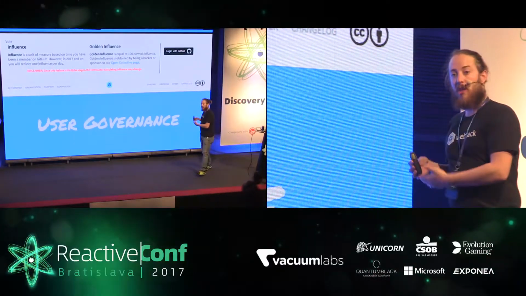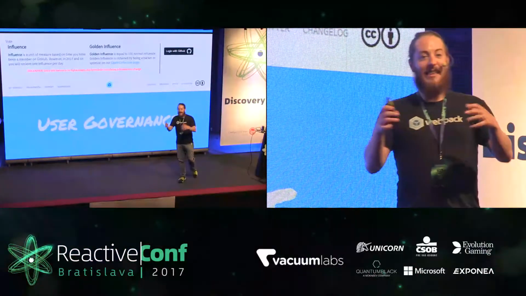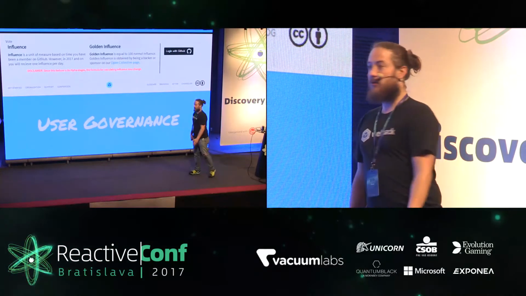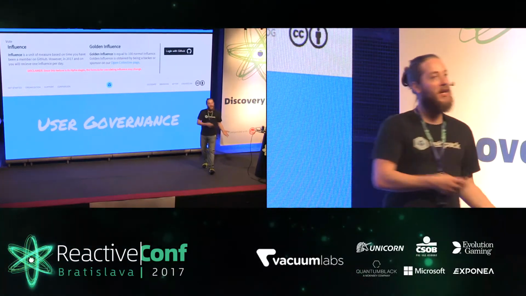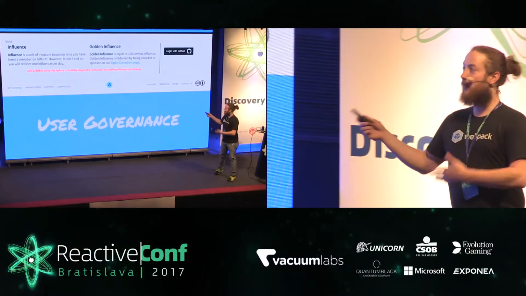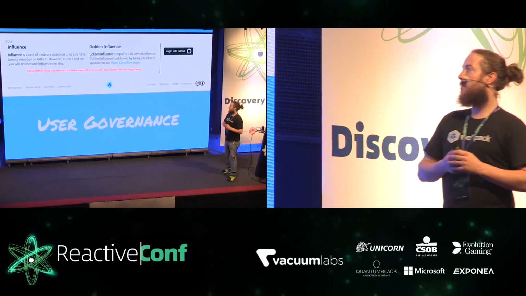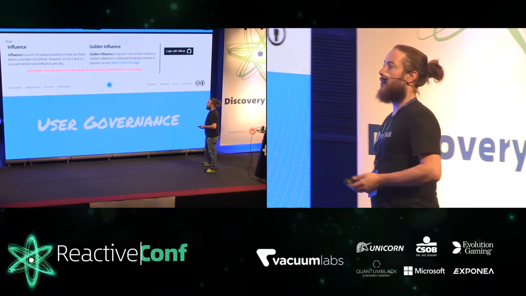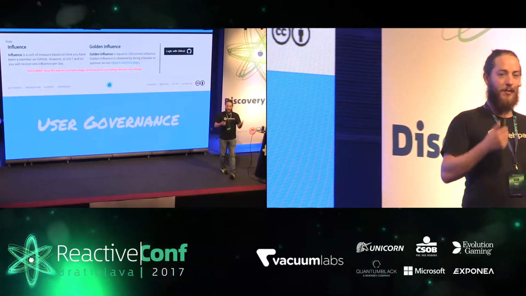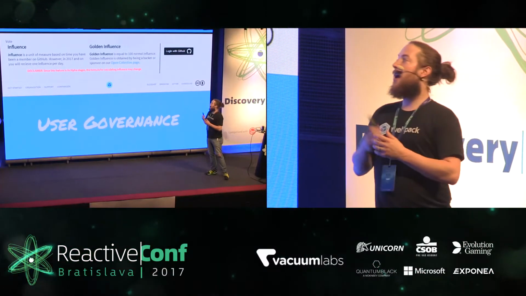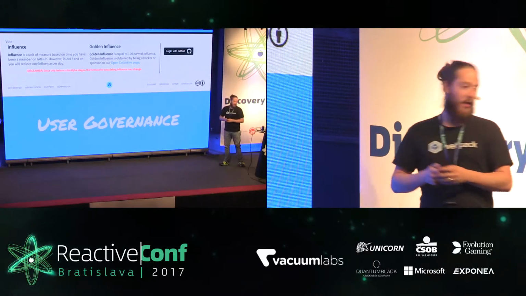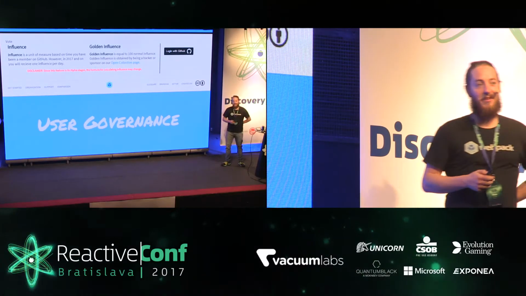And so what does this mean? Literally, what we work on, the direction of this project, is in your hands. So not only is what we do transparent, and the way that the money that is funded is transparent, but also the direction of the community is transparent. And so we call this governance. You decide our direction. Do you want us to add a specific type of feature? Then every day go vote for it. So take a look at this page. It really decides everything that we do.